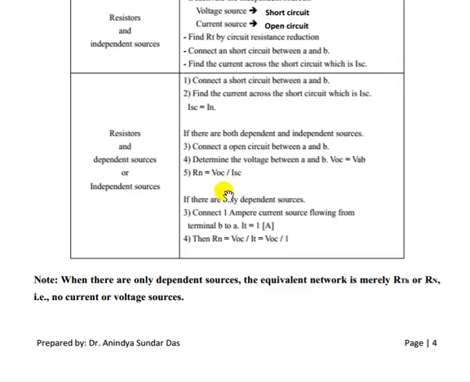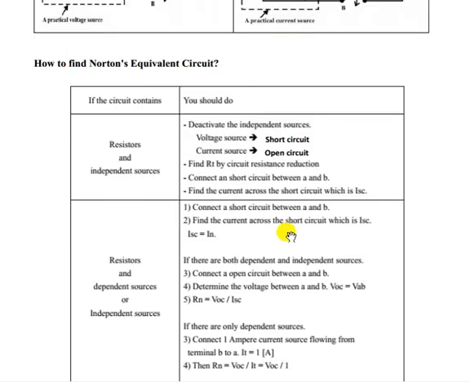So these are the methods that you have to remember, either the short circuit method or open circuit method, or the test current or test voltage method, to solve Norton's and Thevenin theorem. It is also possible for the maximum power transfer theorem, because for that you require RTH and PTH to be calculated. These are the main network theorems in circuit analysis: Thevenin theorem, Norton's theorem, superposition theorem, and maximum power transfer theorem.